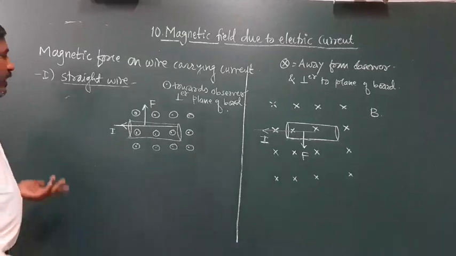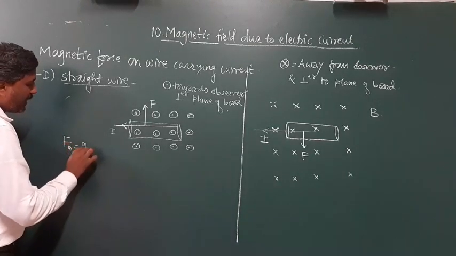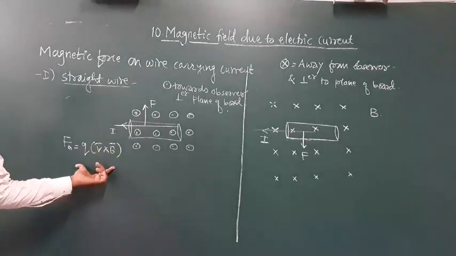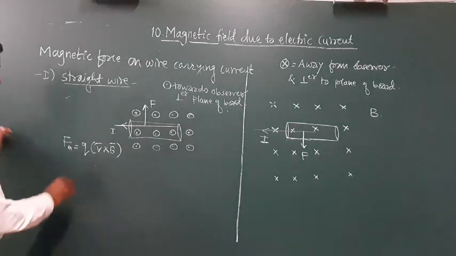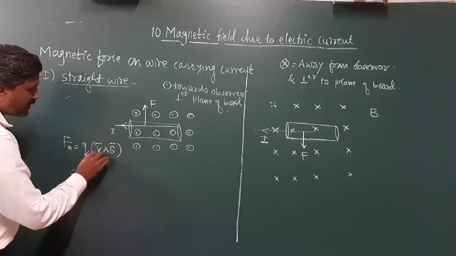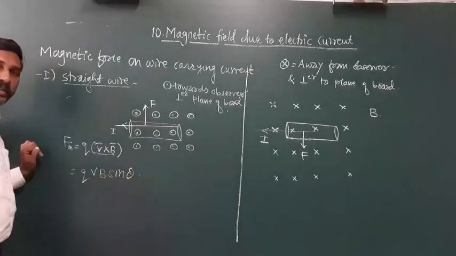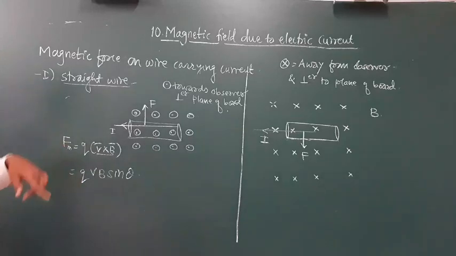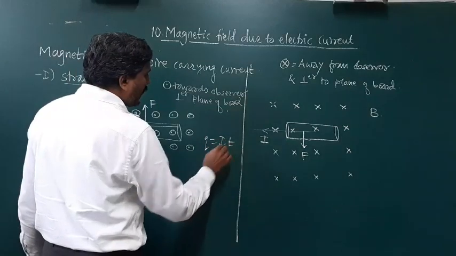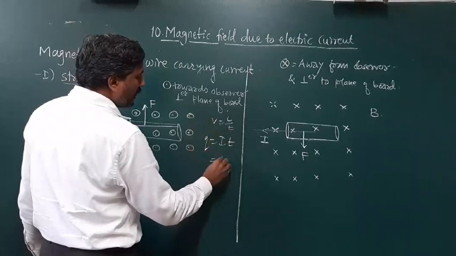Now we have to see how you calculate the force. The magnetic force is given by Q times, in brackets, vector V cross vector B. Now use this formula and we get the force. So Q as it is, V cross B is a cross product, so I simply write it as VB sine of theta. But what is Q? We already calculated the formula for Q. Charge equals current into time. Then velocity equals distance upon time, so t equals L by V.